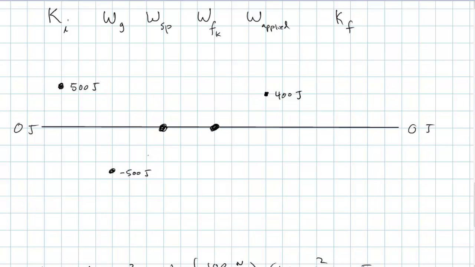It would come to rest after 5 meters, and then it would come back down, and the force of gravity would be doing positive work on it as it came down, increasing the speed of the box. But because we're pushing up on it, it's still going to have some energy, but not as much as it started with. It started with 500 joules of energy, and gravity took out 500 joules, and we're putting 400 back, so we end up with 400